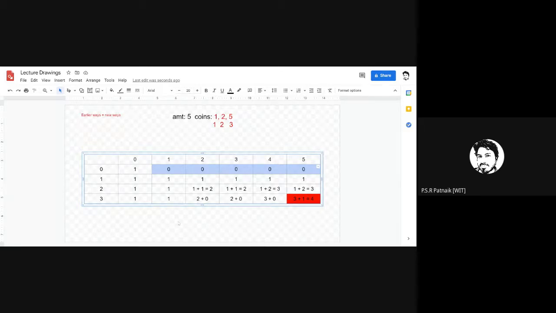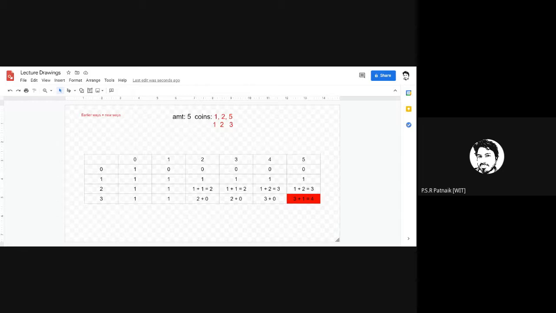From where do you start computing the values? From this cell, and you keep on filling these values. This value will depend upon the upper row, and this cell value will depend upon the upper row as well. So this is a fairly simple for loop based on this table.